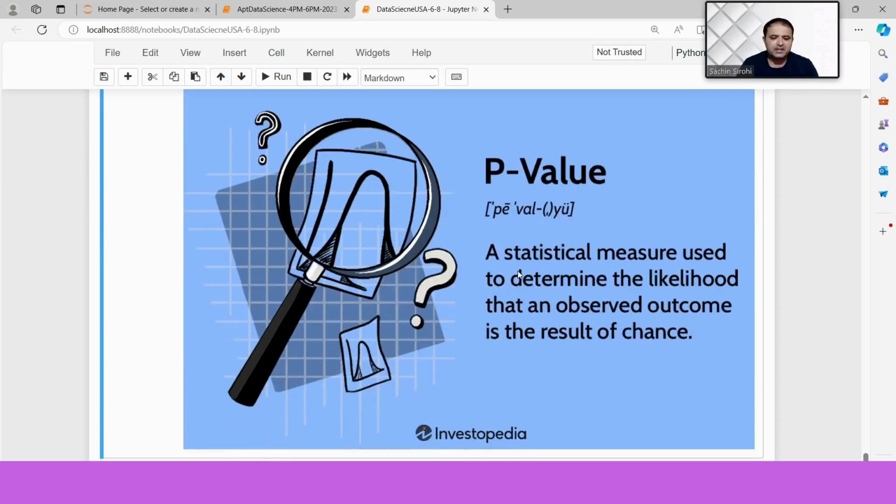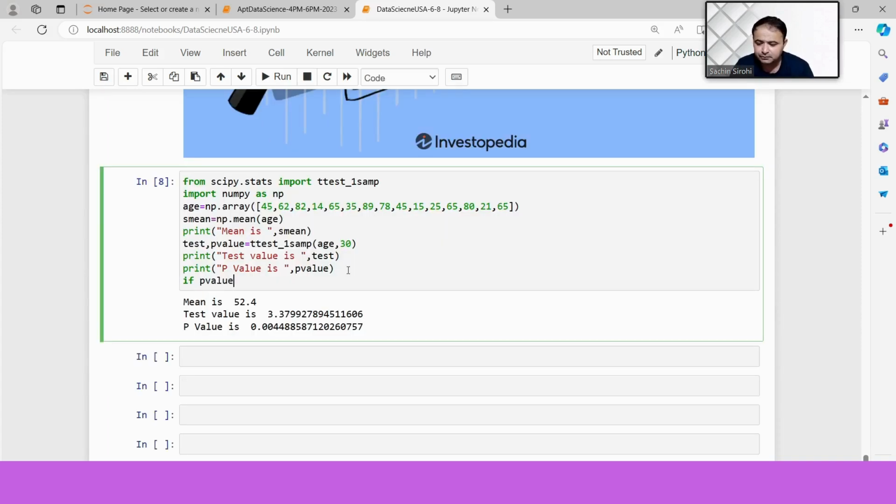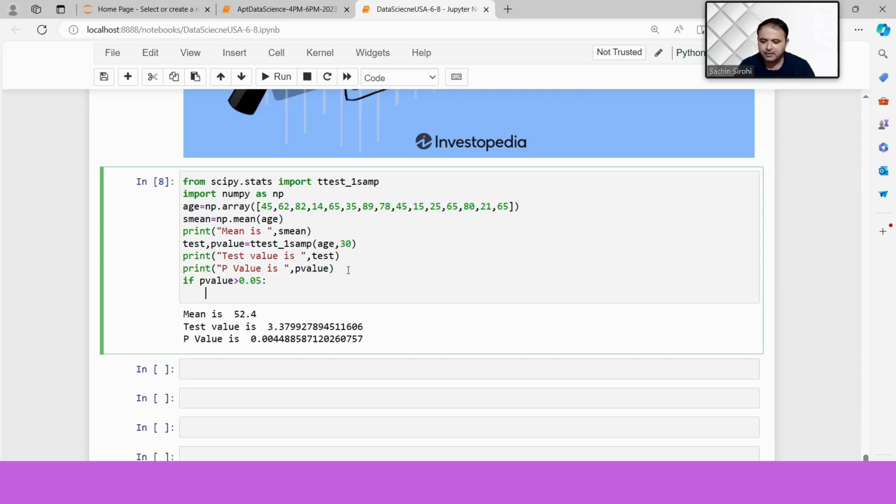The p value is a statistical measure used to determine the likelihood that an observed outcome is the result of chance, like what percent of chance there is for the result or outcome to come. If the p value is greater than 0.05, that is 5%,